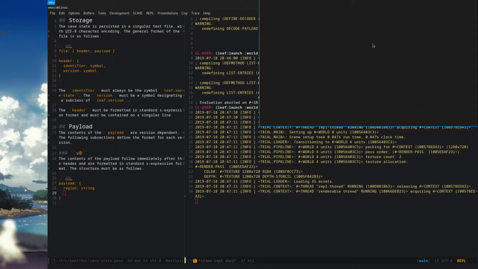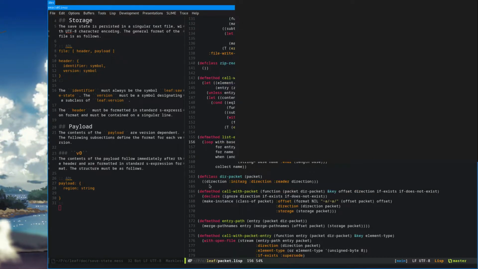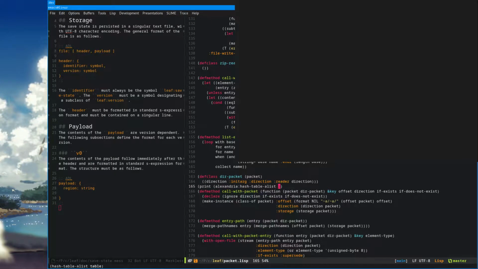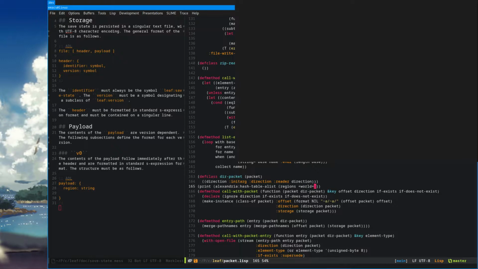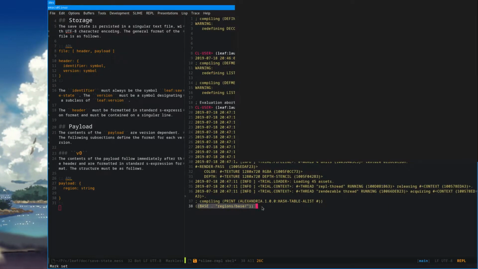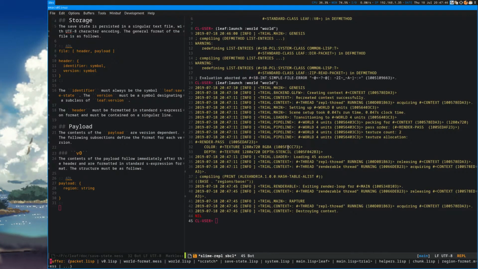Okay, good. Let's just test it real quick. Print. It's a table, but yep, okay, great, very good. That works.